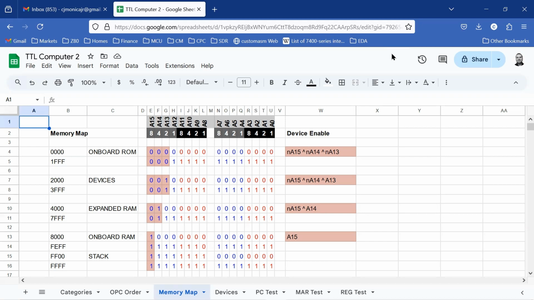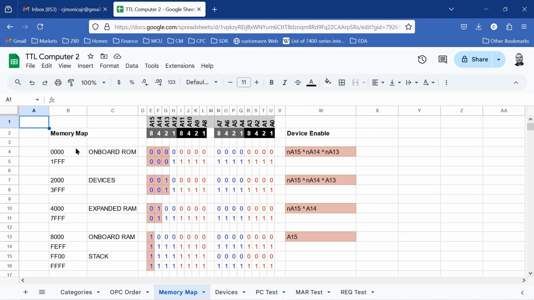TTL Computer 2. Today we'll be taking a look at some updates to our memory map. And we'll just get right into this now. A memory map does exactly what it says it does. It maps the address space of our computer to specific devices or purposes. And you can see that